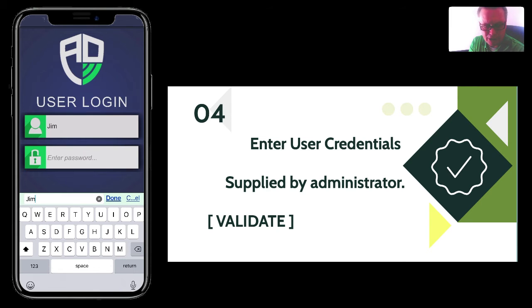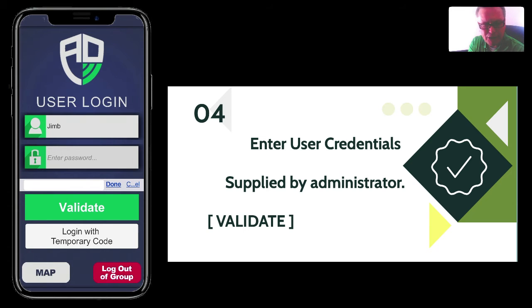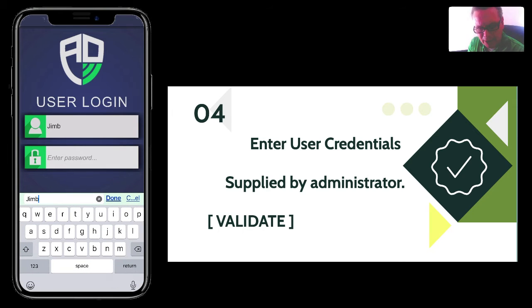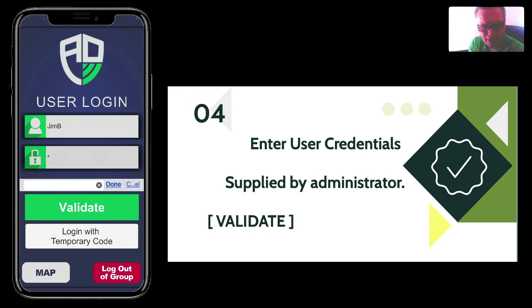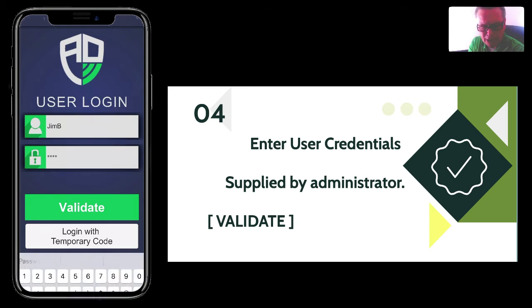Let's see, I'm actually going to enter it in wrong just so that you can see. I'll enter it incorrectly, the B should be capitalized, and click validate. And you're going to see user not found. It's user not found because the B in mine was supposed to be a capital B. See right here, I'm going to put it in the right way and enter my password. And if you get an error, incorrect credentials, that means you entered the wrong password, or that, once again, the password can be